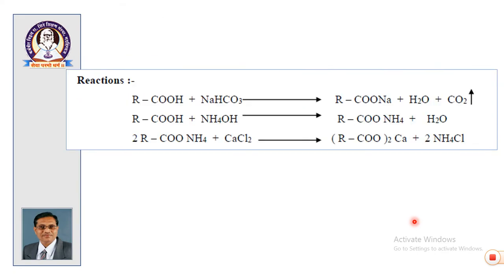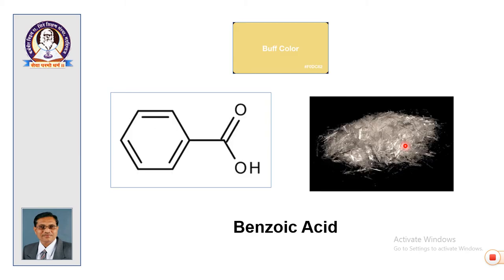Okay. So these are the reactions taking place. This is the first reaction: any carboxylic acid reacts with sodium bicarbonate, giving the sodium salt of the acid, and effervescence is observed. Then during the neutral solution formation, the acid reacts with ammonium hydroxide, forming the ammonium salt of the acid. RCOONH4 is the ammonium salt of the acid. So we see the second reaction, and when this ammonium salt of the acid reacts with calcium chloride, you get this precipitate, which is observed carefully and reported.